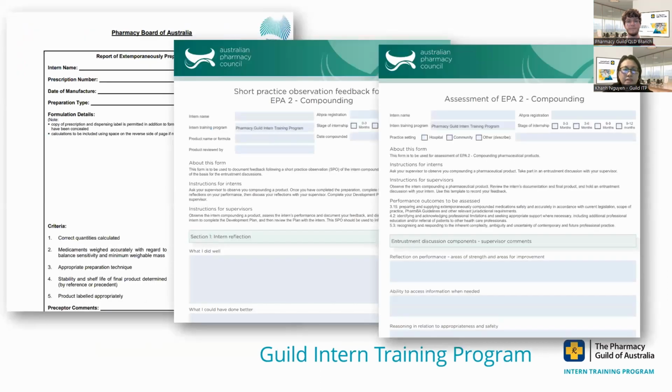So these are the forms. Basically, you see they're the pharmacy board form and template that we require. We don't need to see the calculations for the actual products being submitted. So basically all we need to see is